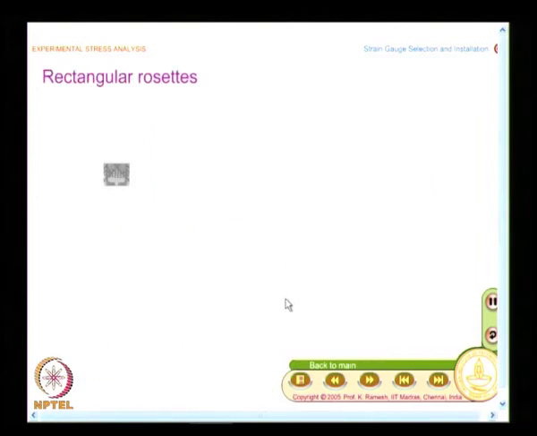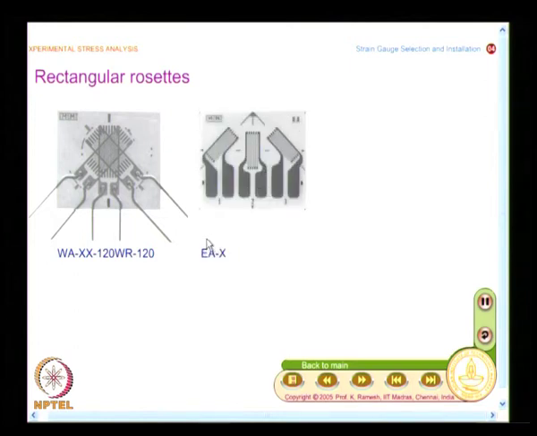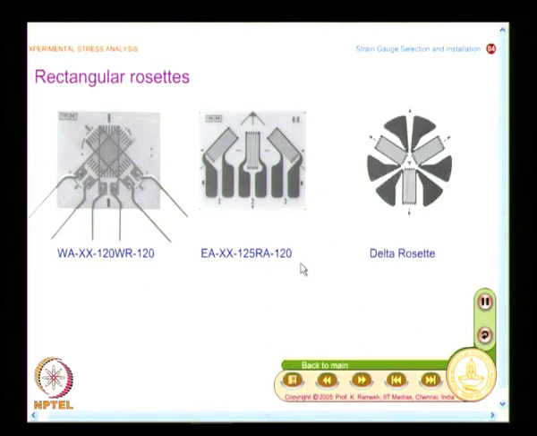See, one of the simple examinations I will have is, I will give you a few patterns and you should be able to distinguish what class of strain gauge it is. That familiarity you need to develop, that is why these patterns are shown. And you have this as a stacked rectangular rosette, and the moment you have this as W, then you can imagine that it is an encapsulated epoxy phenolic, and A denotes it is a self temperature compensated advanced alloy.